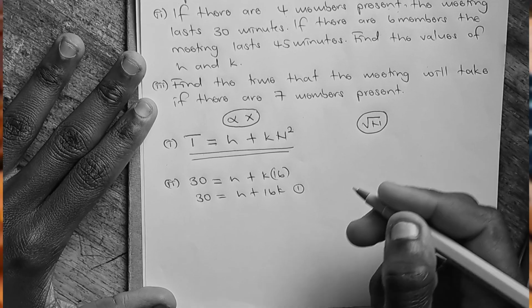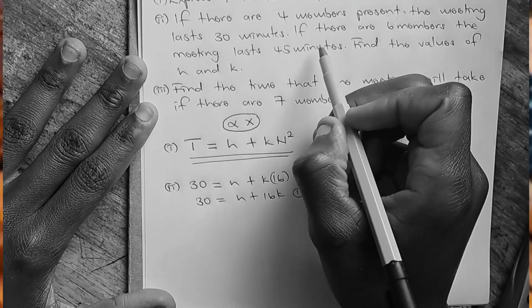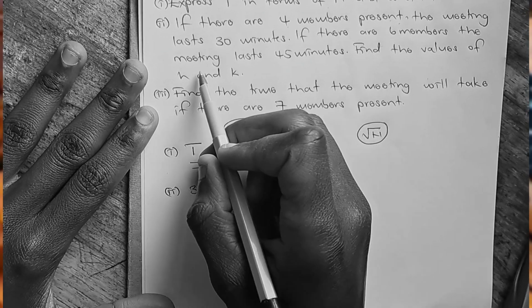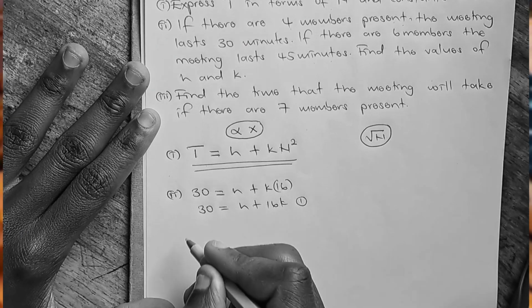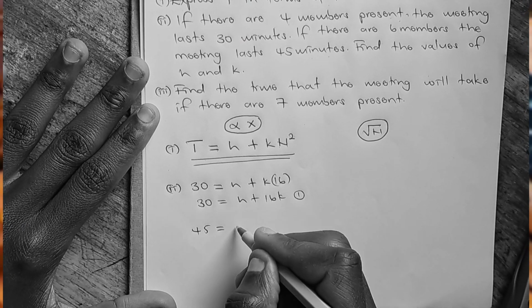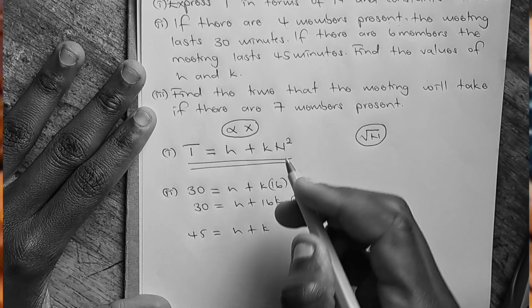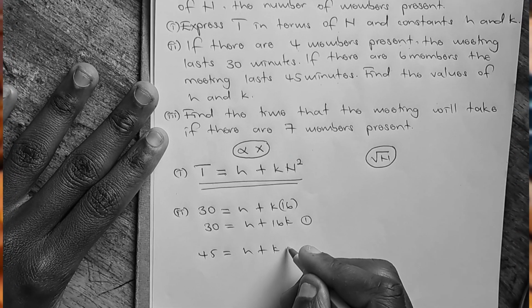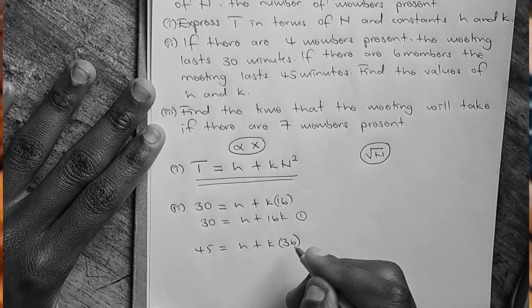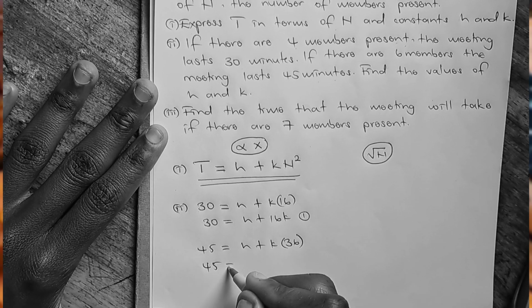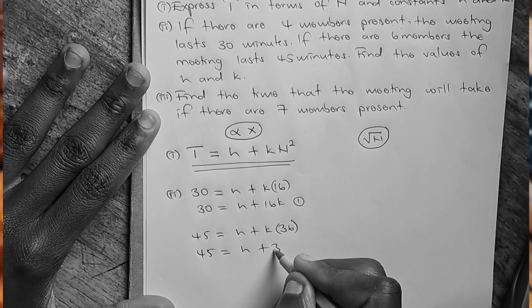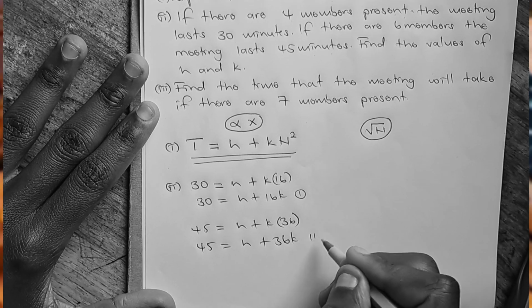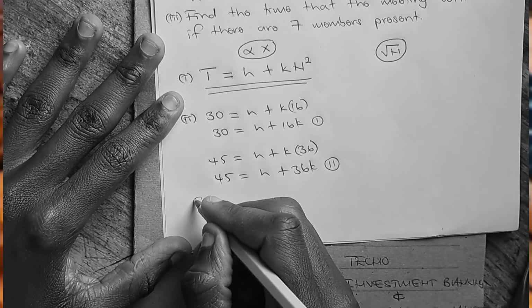Then moving forward, we are going to look at another equation. If there are 6 members, the meeting lasts 45 minutes. So you're going to write 45 is equal to h plus k. We are told 6 members, 6 squared, it will be 36, in brackets. Then it will be 45 is equal to h plus 36k. This will be equation 2. So now you are going to solve